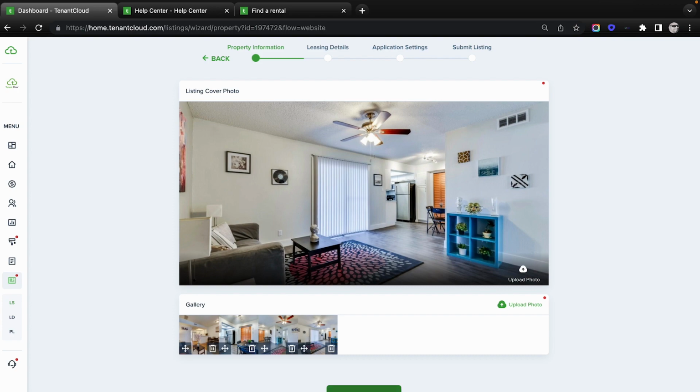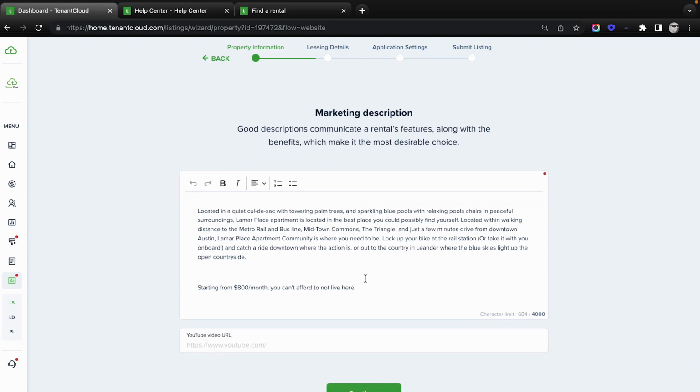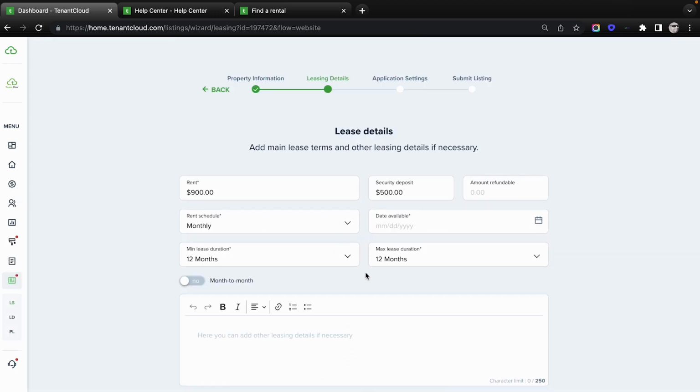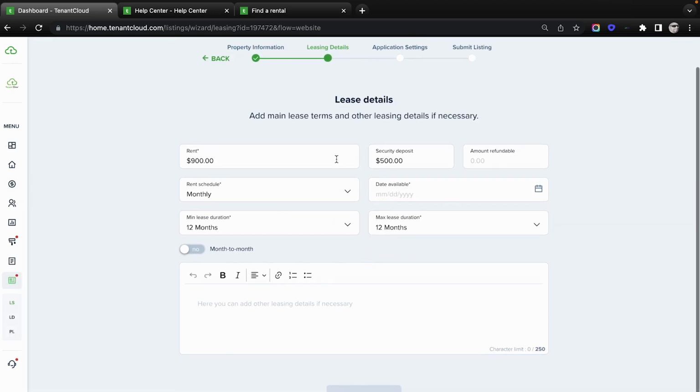And you can update your gallery photos. If everything's good, you click next. Your marketing description, and you can put in a YouTube video. So if you have some type of a tour video or whatever, you can do that there. You can click next, and this is going to ask you for the security deposit, any amounts refundable, and the